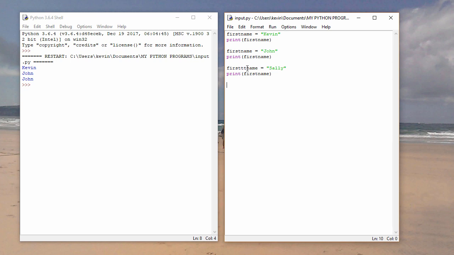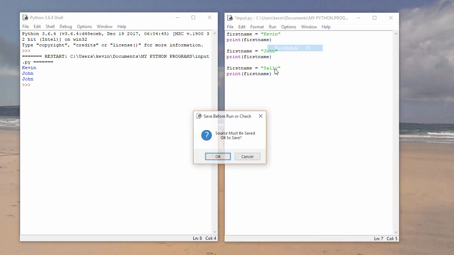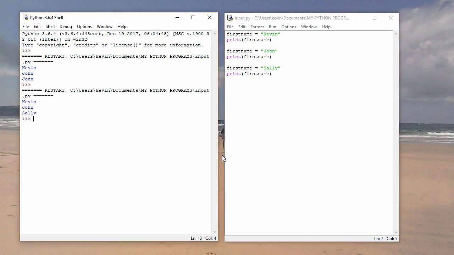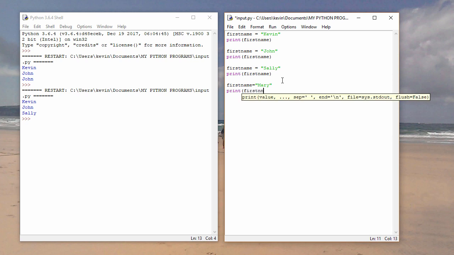Let's fix the program. And now it's behaving as expected. Here's another problem you might come across. Now I've spelt it correctly this time, but not here. When I run the program,